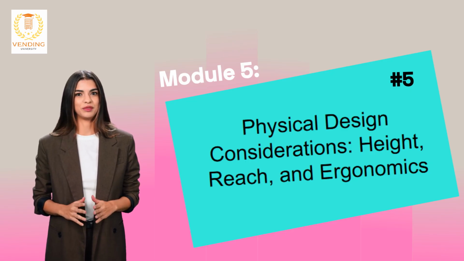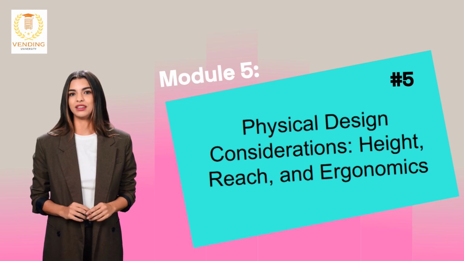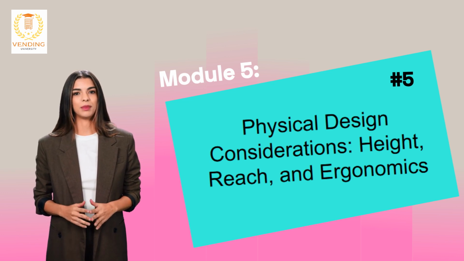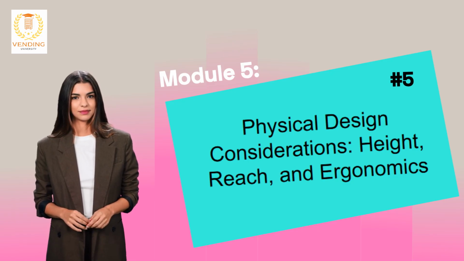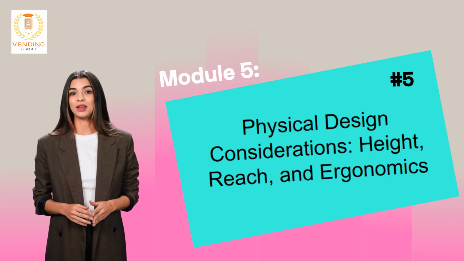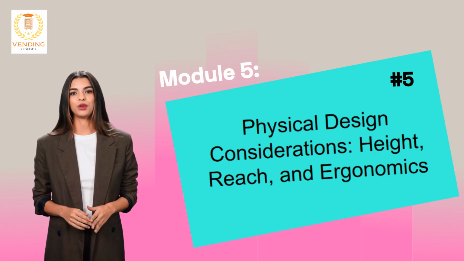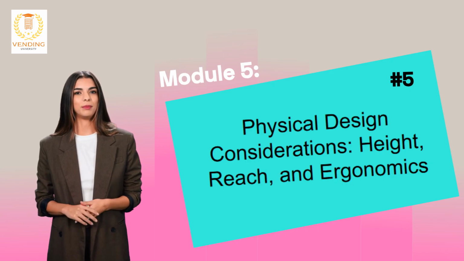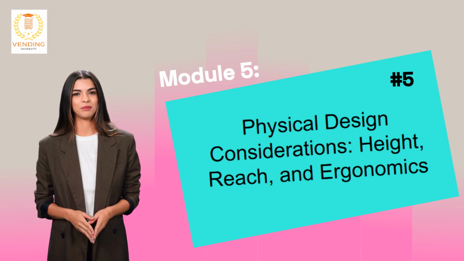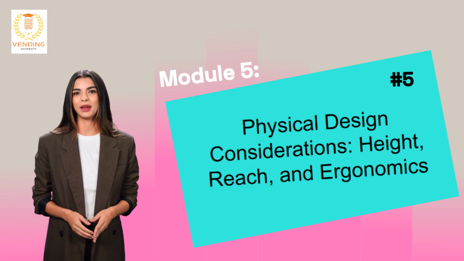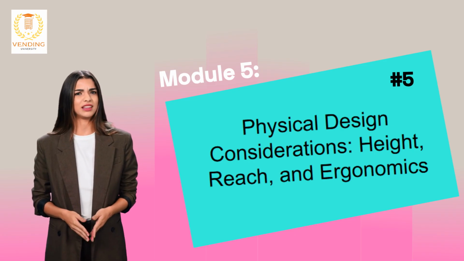or stiff controls. The physical design should also consider users with visual impairments by including tactile features such as raised buttons or braille labeling. Additionally, contrasting colors can highlight important areas, improving visibility for those with low vision. By focusing on height, reach, and ergonomic design, vending machines become more inclusive, allowing users with various abilities to complete